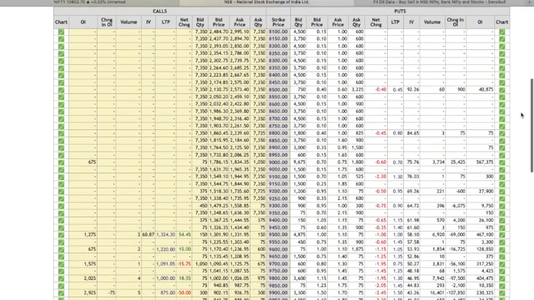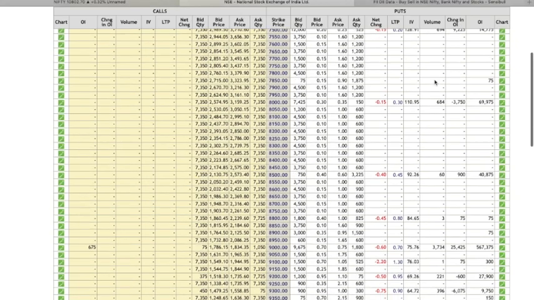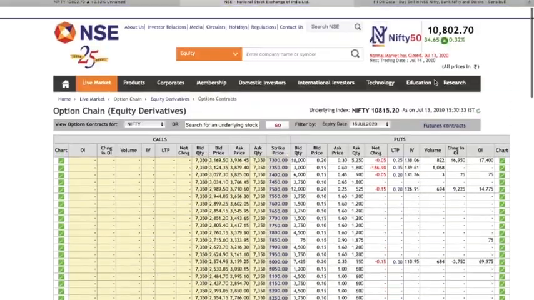Now we're going to go to an analysis of the calls. Just for those of you who don't know, a call option is an option to buy a stock or an underlying index at an exercise price, which generally benefits the buyer of the call if the stock price increases above the underlying. And similarly, a put is an option to sell an underlying at a price which benefits the buyer of the put if the stock goes below the exercise price of the underlying. I know this is a bit complicated, but you just keep this in mind. Okay? So now, as I already told you, the underlying is 10,815.